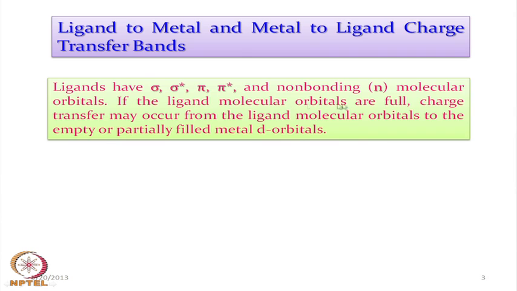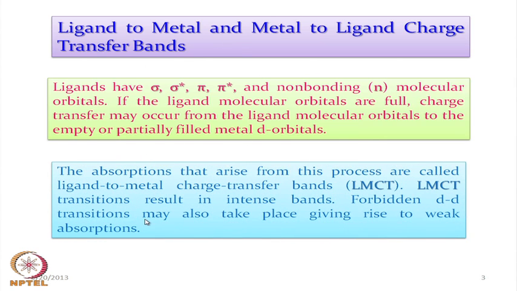So, if the ligand molecular orbitals are full, charge transfer may occur from the ligand molecular orbitals to the empty or partially filled metal d orbitals. So, if these orbitals are present and can be utilized for donation, then the metal orbitals which are vacant can accept the electron density into their d orbitals, and we will see the ligand to metal charge transfer transition. So, in the absorption that is forming from a process of this type,